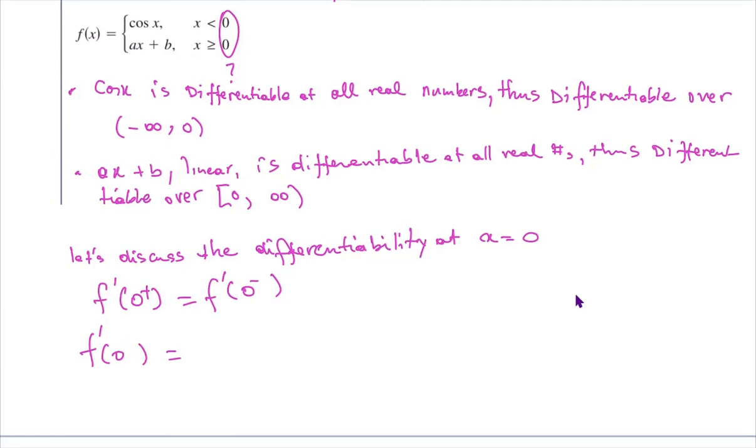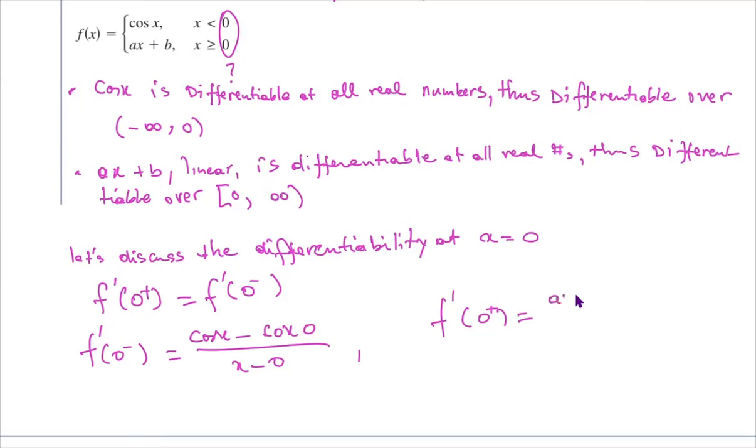It's cosine x minus cosine 0 over x minus 0, and then f prime of 0 plus is